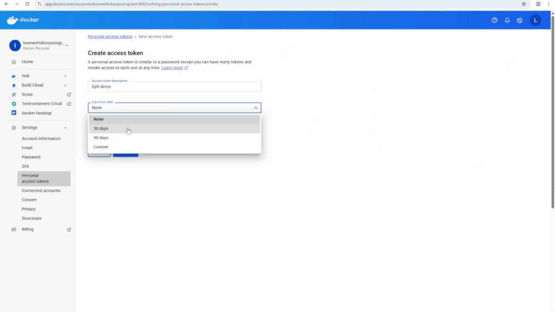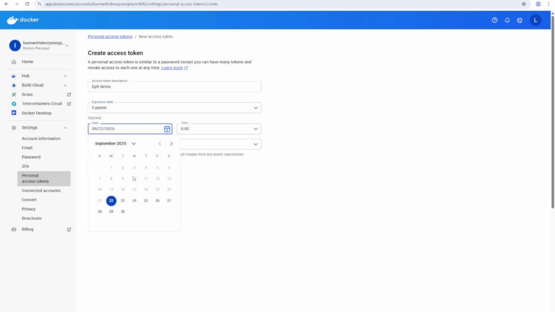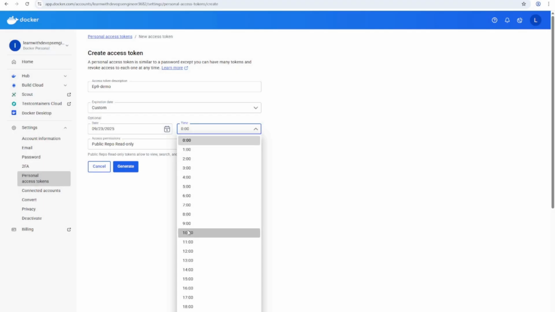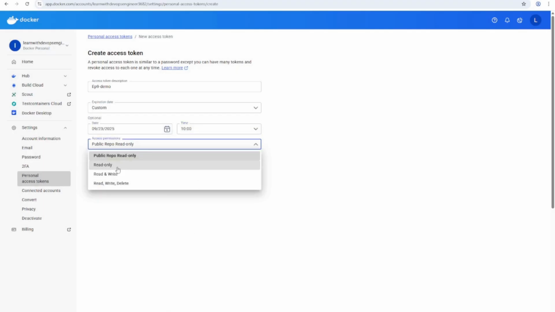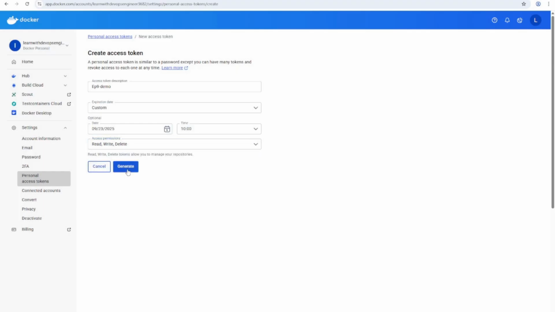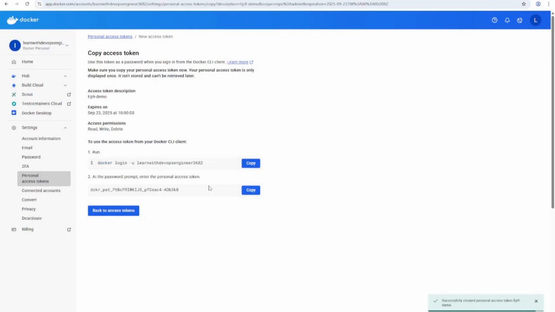For the expiration date, I am going to make it custom. For example, I'm going to make it expire tomorrow, at 10 o'clock. Here we have different permissions: read only, read write, delete. Normally read write is fine, but read write delete would be the best for our scenario, so I'm giving read write delete. After creating this, I'm going to copy these credentials separately and paste them aside so that it will be easier for us to use them in our pipeline. And also copy this,